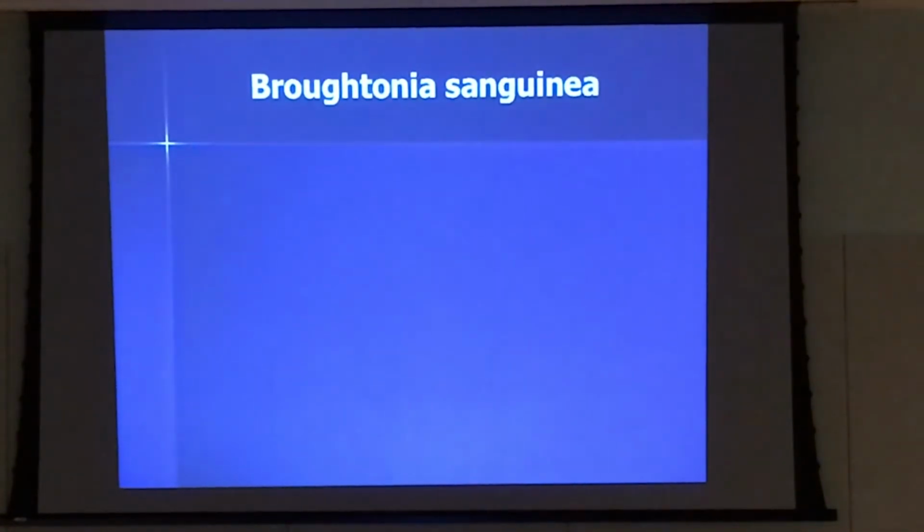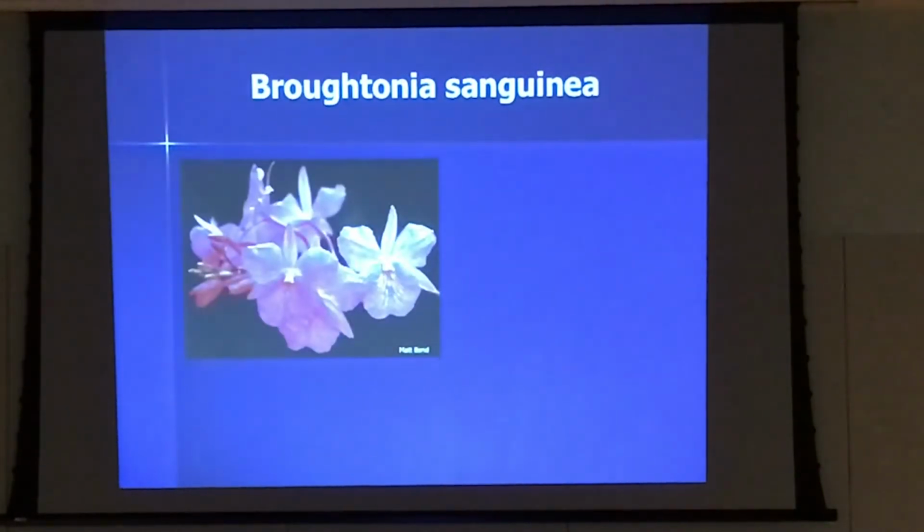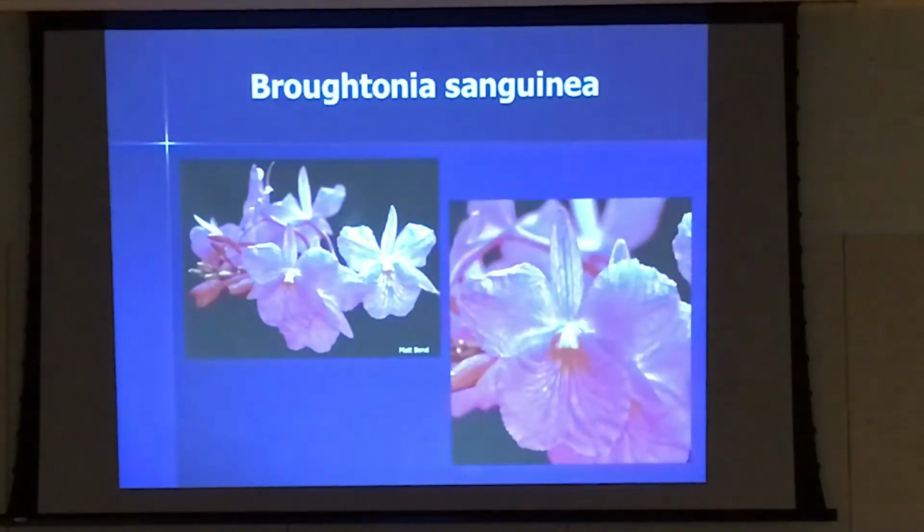Brownea sanguinea is another Cattleya relative that is from Jamaica. It is a warm grower. It typically grows about 4 inches tall. The spike will grow about 1 foot long, and it is a sequential bloomer, meaning that it will form new buds after the older flowers drop, and it will bloom for 2 or 3 months in the summertime. Usually it's grown mounted. It is one of those species that doesn't like to have the roots covered in